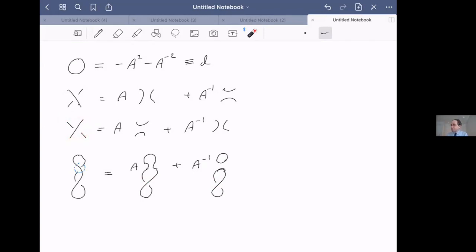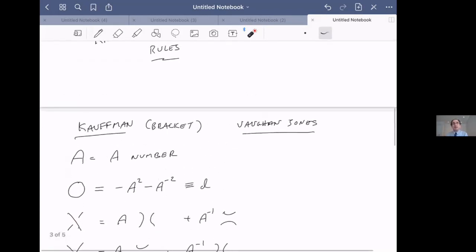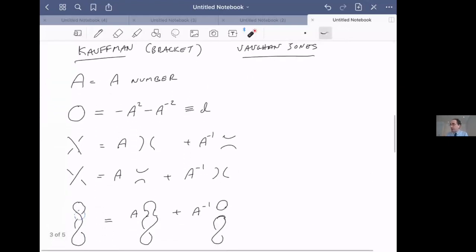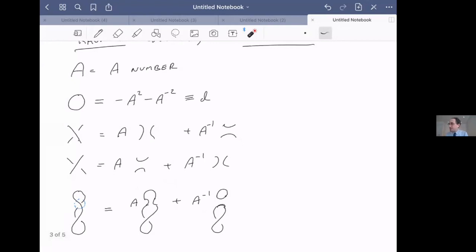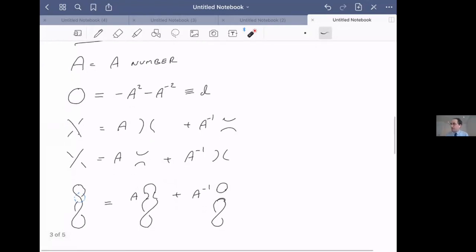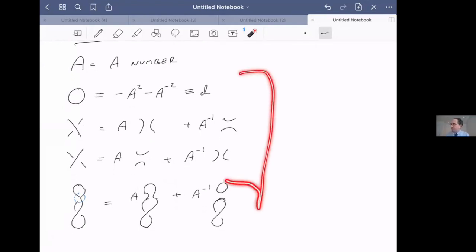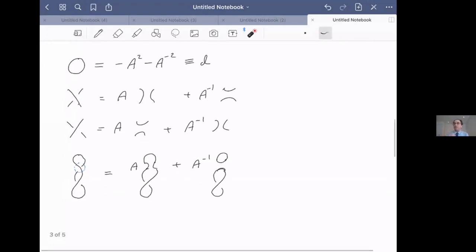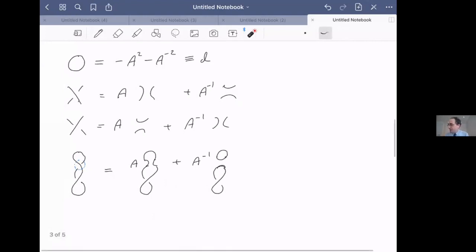Okay, let me just repeat, see if I can answer this question. I'm defining this set of rules. If you evaluate this set of rules, you will get an output. And so I'm going to do this example and show you how we get an output from applying these rules, and then we'll go on. Let me see if I can answer this question more in a moment.